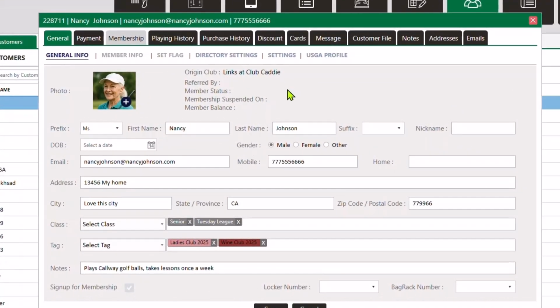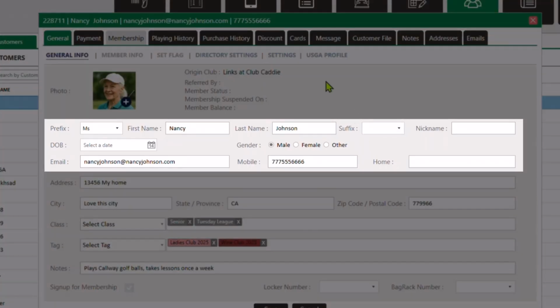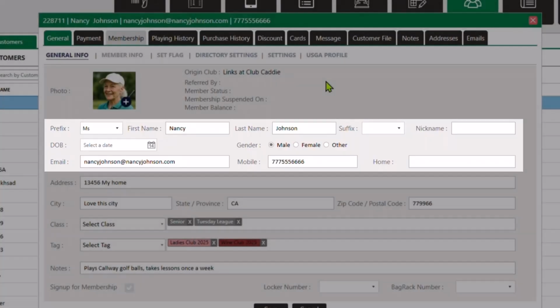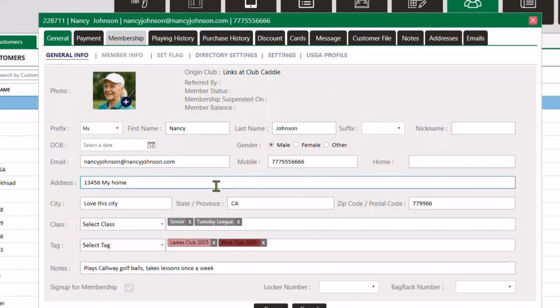Once I'm in a person's profile, the General Information tab shows basic info: first name, last name, email, and mobile number. You can make fields required. If they sign up online, they'll fill this out there. If you add them from the register or from the tee sheet, you can enforce minimum requirements. At a minimum, email and mobile phone number are our unique identifiers in the system, and we recommend collecting them